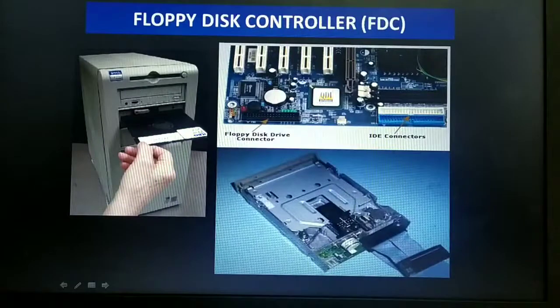In earlier days, we were using the floppy disk in order to start the computer system. Nowadays we don't have the floppy disk at all. Instead we have the BIOS chip. These floppy disks were acting as secondary storage devices, and only a small amount of data could be stored in these floppy disk drives.